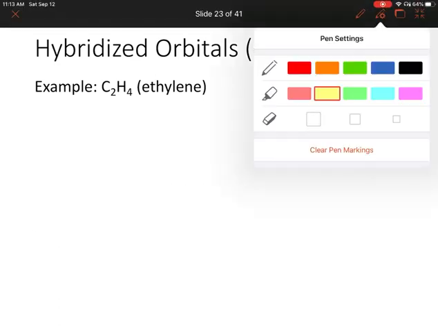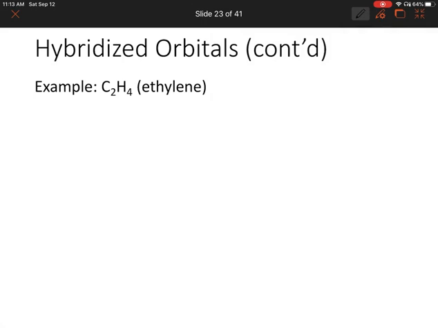So sp2 orbitals also kind of look like an sp3 orbital, a little bit different, but an sp2 hybrid orbital has less P character and more S character